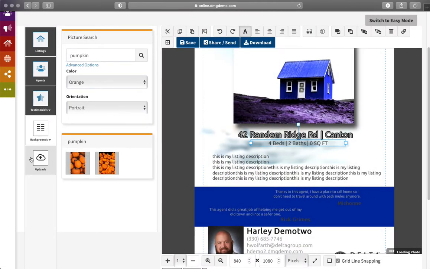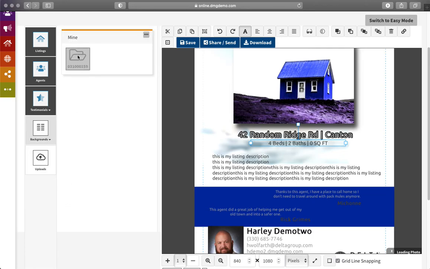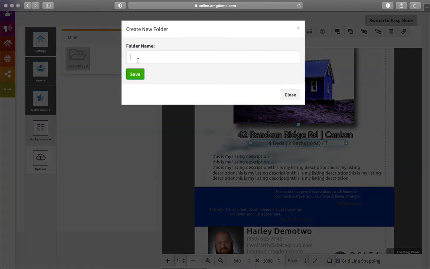Now the next thing I can do is I have an uploads panel here. And this is where I'll go about adding in anything that is just completely custom on my machine. So if I go to uploads, you can see we have some folders in here. Now our suggestion is that you go in here and actually create a folder every time you're creating a new design. So if you're creating a design from scratch, go in here, click that three-line menu button, and we're going to create a new folder, and we're going to call it